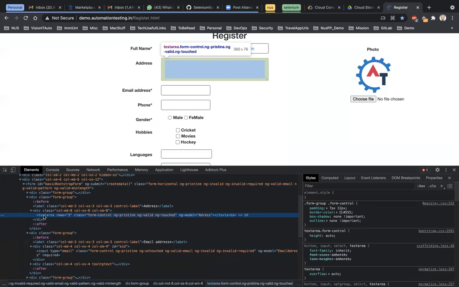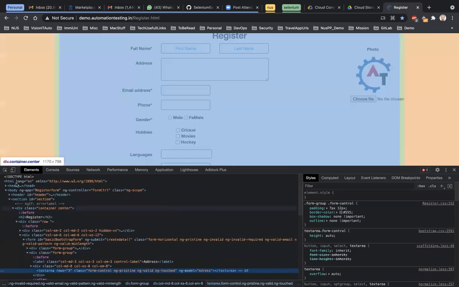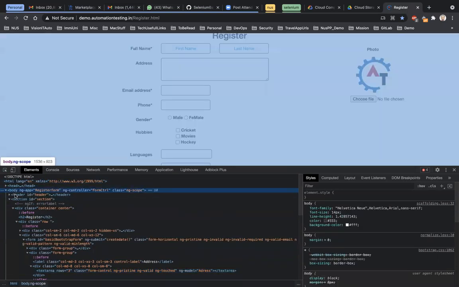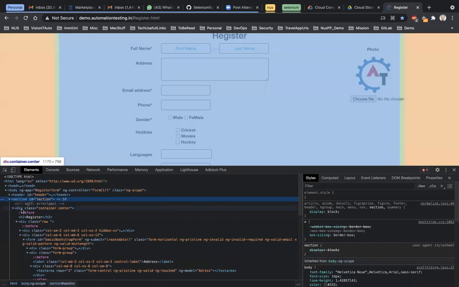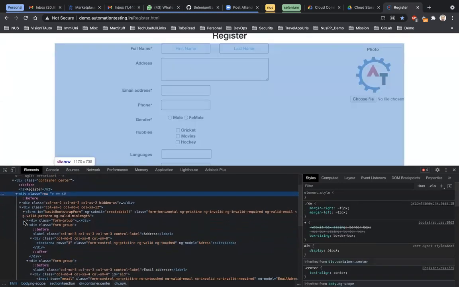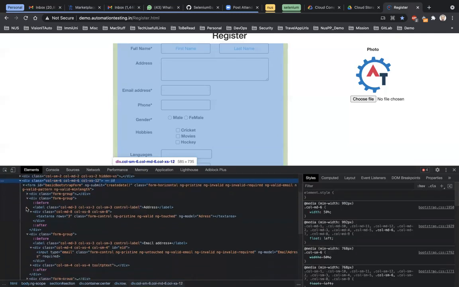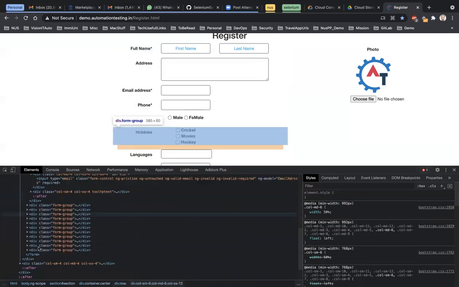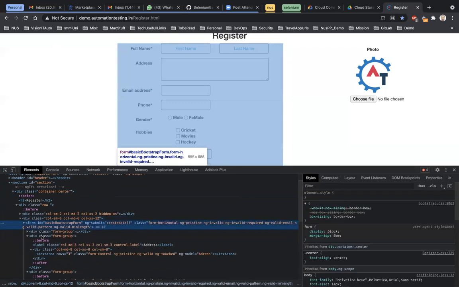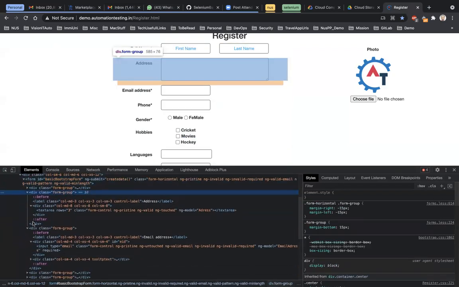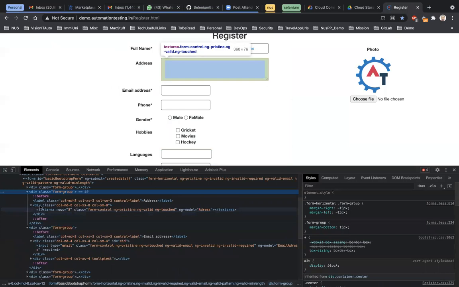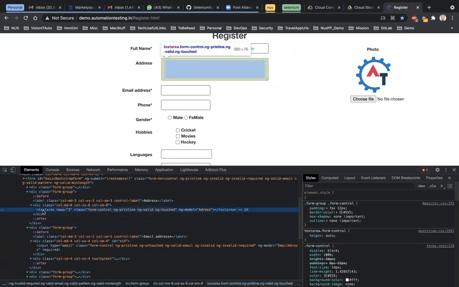Now each element has a path, and this path can be of two types, either absolute or relative, right? For absolute, if I want to go to the textarea, how can I go? I'll say go to HTML, then go to body. Inside body you have a section, inside section you have a div, then another div. Inside that you have to go to the second div, then to form, then from form to the second div, and inside that second div you will find another div. Inside that you find a textarea, and that's where this element is. So this is a unique path, similar to files and folders, right? So we make use of this XPath to uniquely identify it.